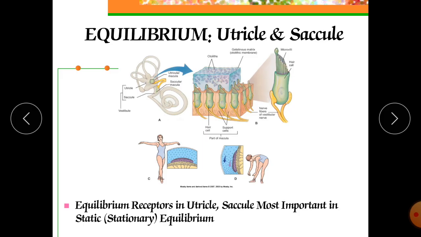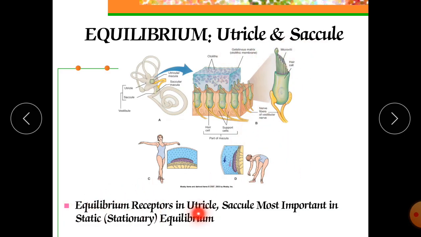Now again, utricle and saccules. Whatever gymnastics we are doing, the utricle and saccules in our ear are maintaining our balance. Some people are riding a bicycle, doing various sorts of exercises, standing on one leg or one hand, and maintaining their balance. In yoga also, there are lots of steps and positions they hold where they have to maintain their balance. So equilibrium only occurs due to this part of our ear, the utricles and saccules.